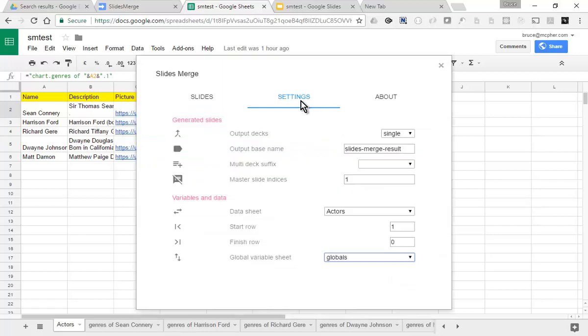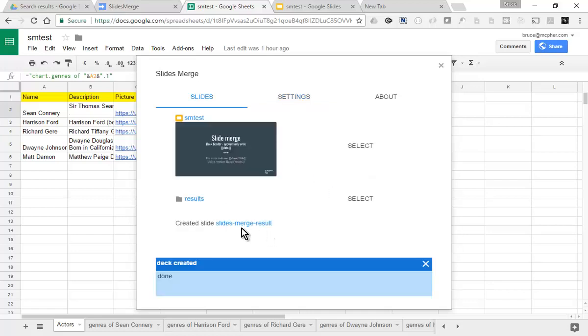So there's no changes required to the settings. We're doing the same as before. We're creating a single deck. We're going to take the first slide in the template as a master and not repeat it for the number of rows that there are, only be one of that. We're taking the data from the Actors tab, and we're taking our global substitutions from the Globals tab. So let's just run that now, and we can go off on this link to see what the result comes